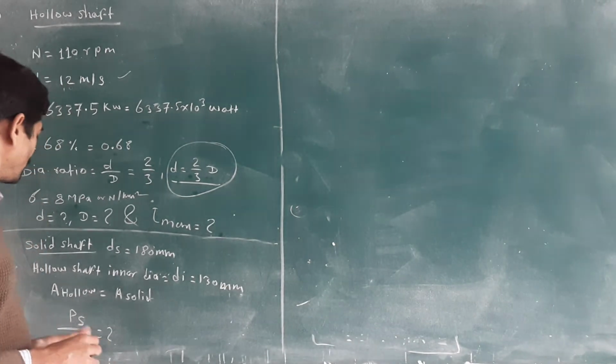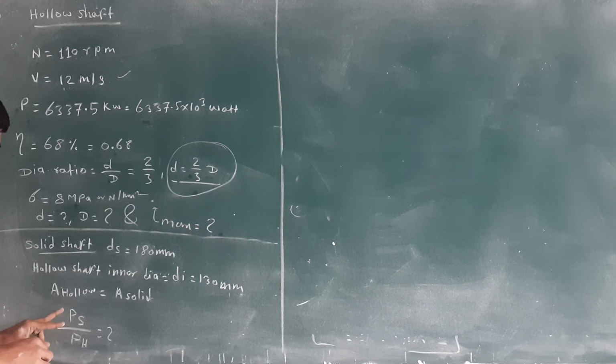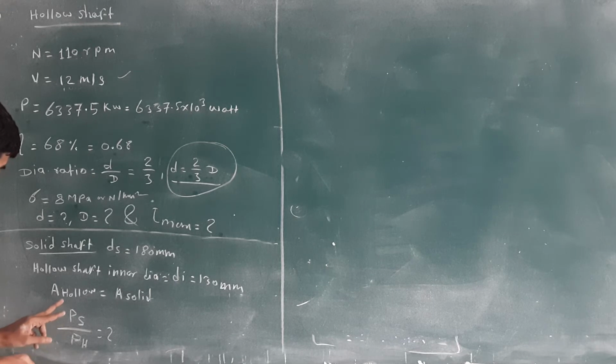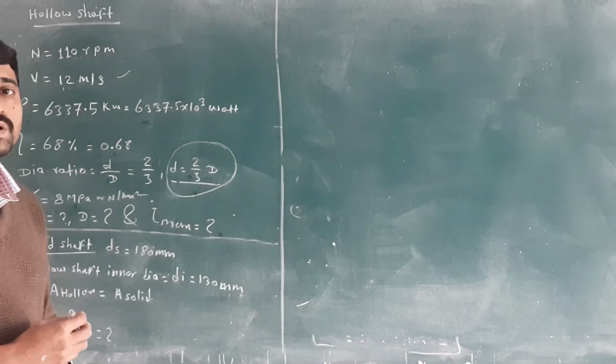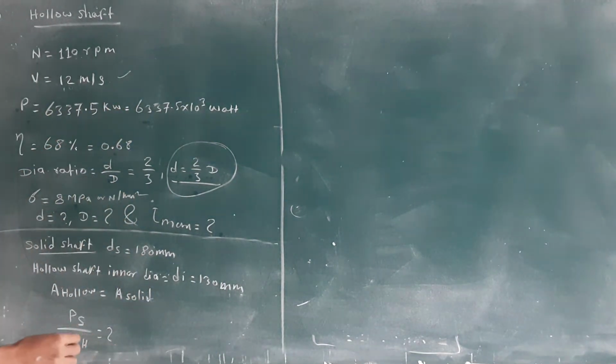These things are given in your numerical problem statement. Then we want to calculate the ratio of solid shaft power to the hollow shaft power. How do we calculate this type of numerical? First, you have to calculate